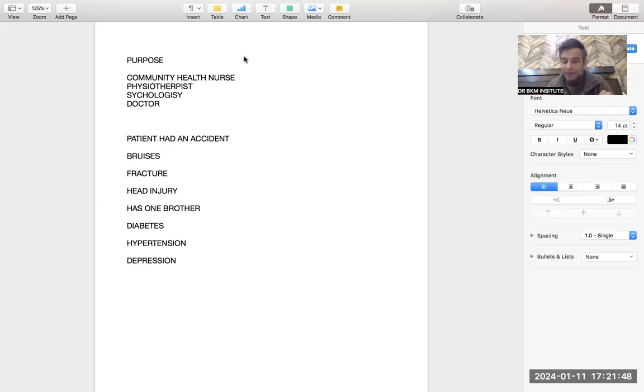Therefore, he is being referred to you. Even then, purpose is clear. So when you get a very complicated letter, and you do not understand anything, just mention the follow-up care word. So: this letter is being written regarding Mr. X who had an accident leading to fracture, or who had a fracture due to an accident.